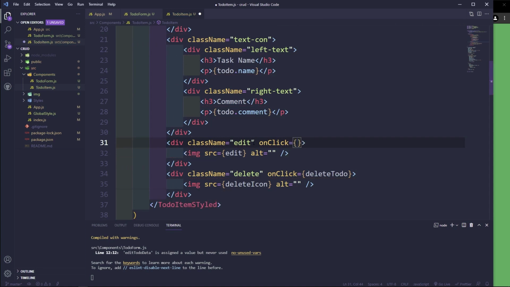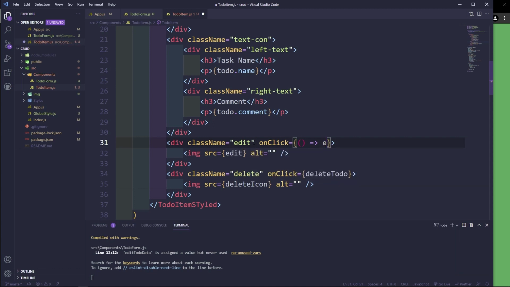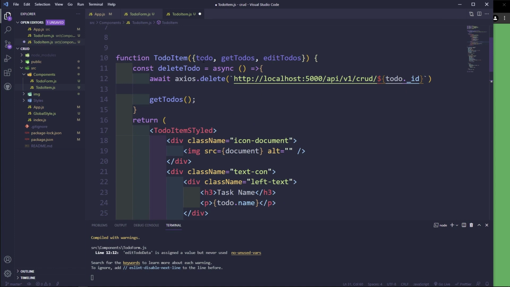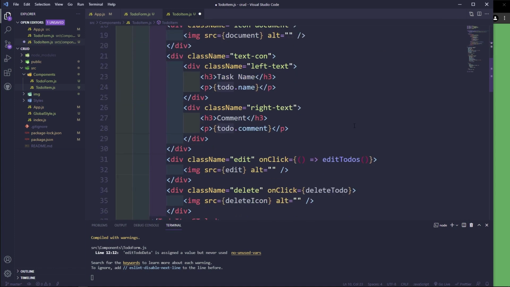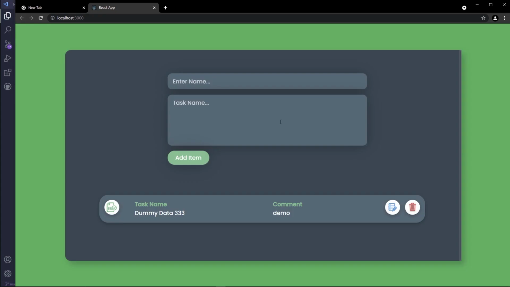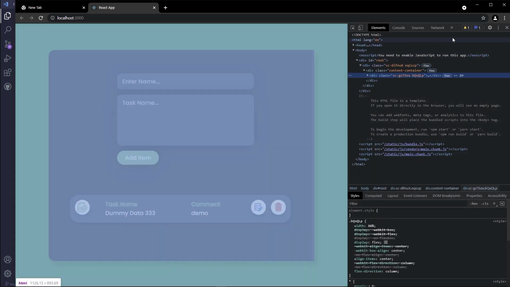We're going to run a callback function, and then we're going to do edit to-dos, and then remember it takes in an argument. So what are we going to pass in inside this function? We're going to pass in our to-do data, which is todo, and then we're going to pass it inside todo. Okay, so now when I refresh this page, and then I'm going to inspect this, and then I'll go to